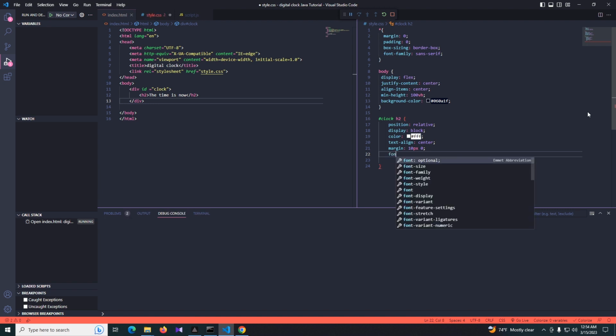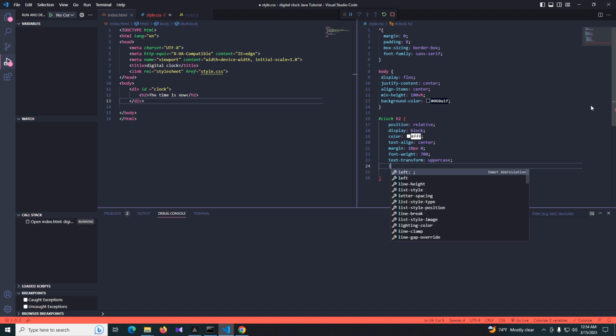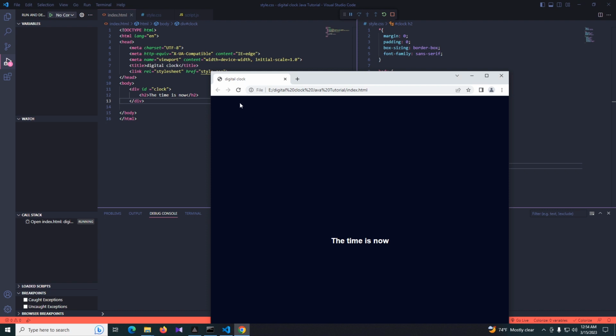and now set the font weight to 700. Text transform uppercase and letter spacing 0.4, rem value. Try out. Right, now you can see,